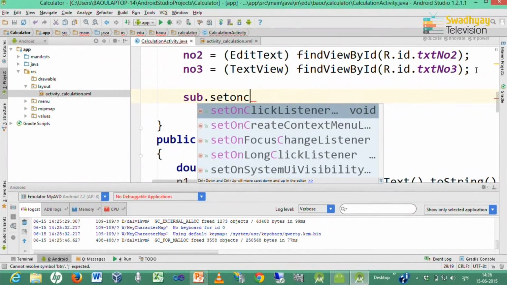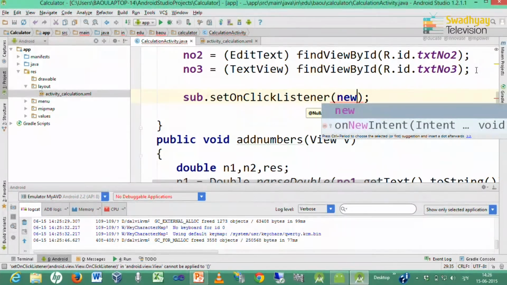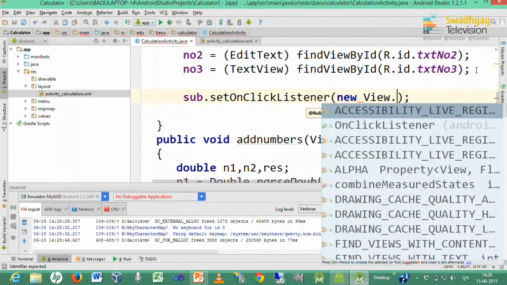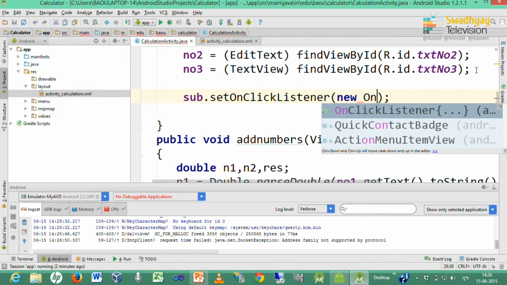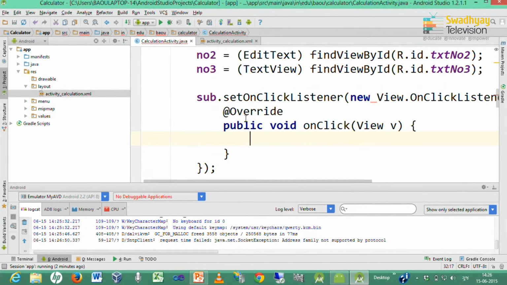We learned about listener in last lecture, that these listeners are used to handle click event. Inside that we write down new view dot on click listener, and it will write down code for you.